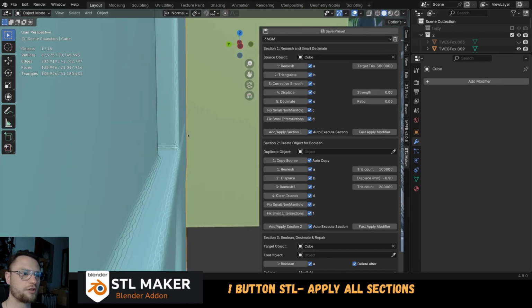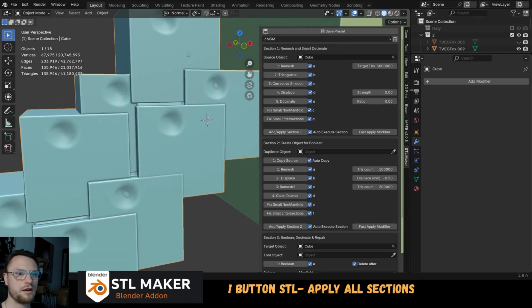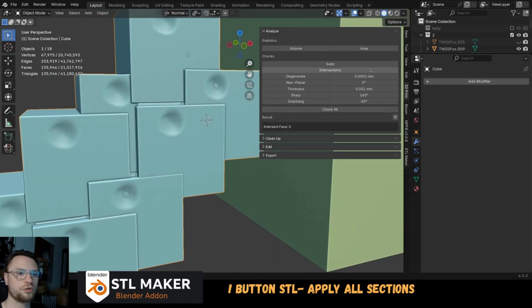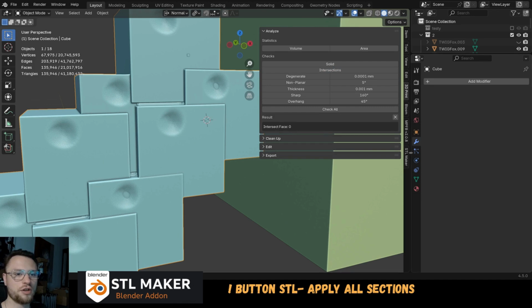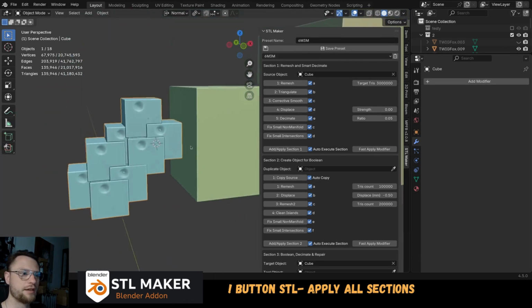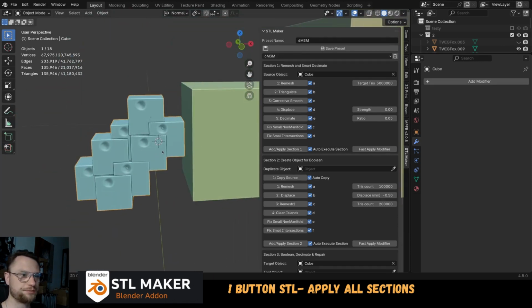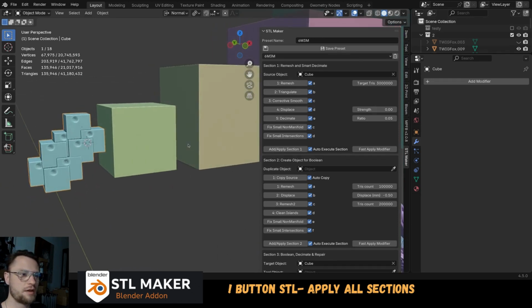This part also, we don't have parts we don't need, and also non-manifold edges 0 and intersections 0. So this add-on is great for that. And you can see also 31 seconds,